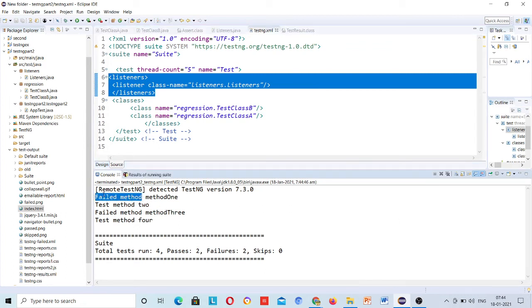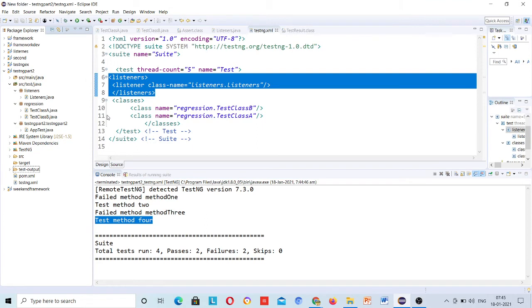Test method 1 failed, test method 2 passed, a method failed again, which is method 3, then test method 4, which passed. This is about listeners. Out of 100, if 5 are failing, it will run 5 times.